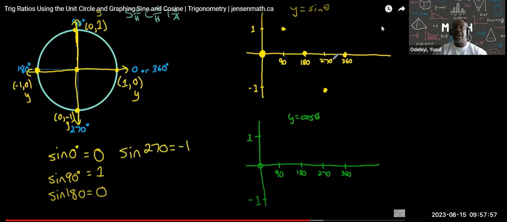So you can see what's going on over here, right? So the graph is going like this, right? So you can see how from here to here is one period. One period looks like it's 360, and our max and min is 1 and -1. So that means our amplitude is just 1, okay? So this is the parent function of sine, y is equal to sine theta. And I believe it's doing the same thing